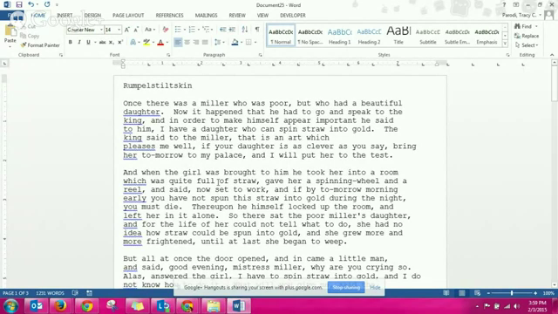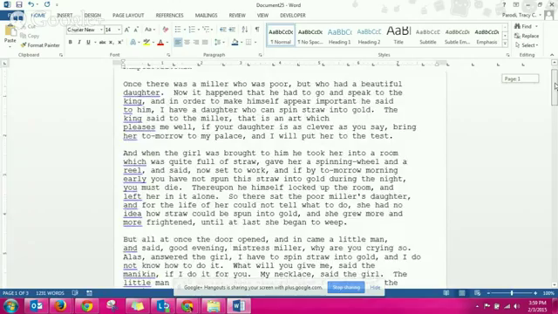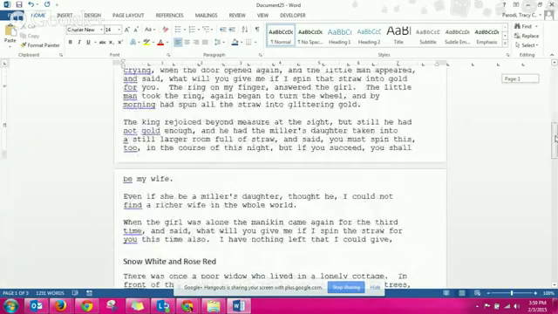I want to show you how to mark up the text using Microsoft Word. If you want to mark the text, the first thing you need to know is what are you marking? Why are you marking it? And how you'll find that information as you go to the very end, past the stories they want you to read, and